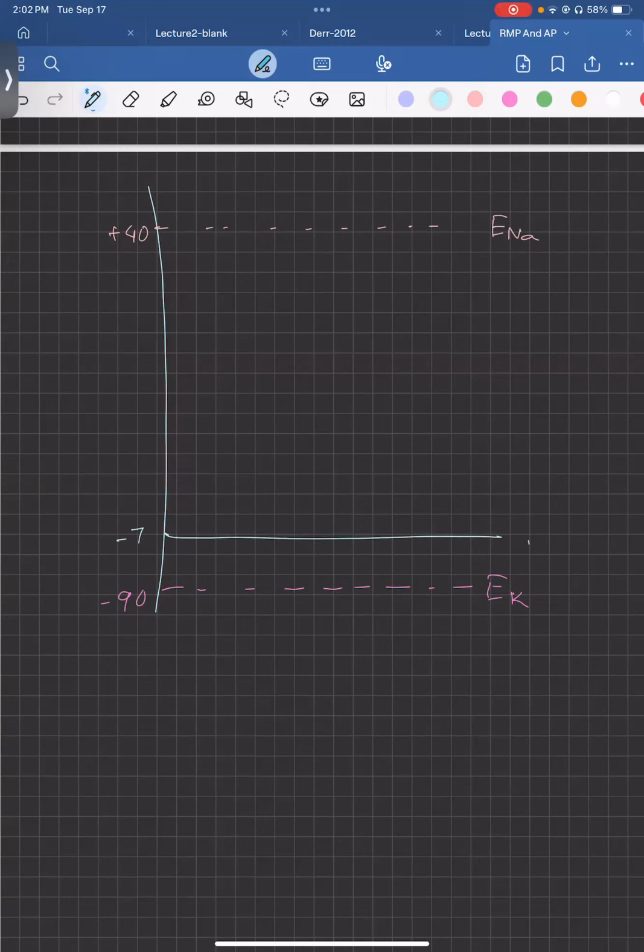So let's say, for example, some magic positive charges came about. So there's more positive around the membrane. The membrane potential becomes a little positive. Okay. What happens then? So in this particular